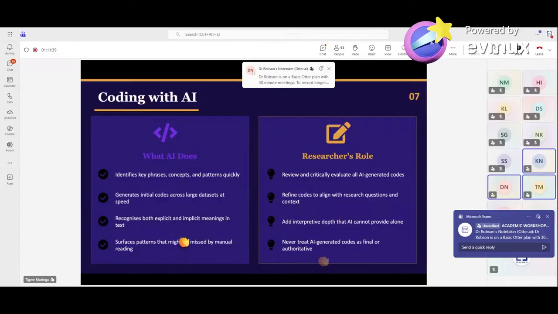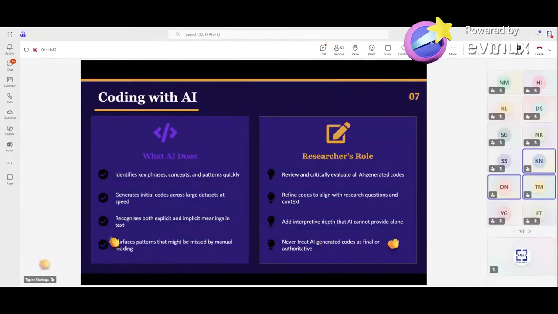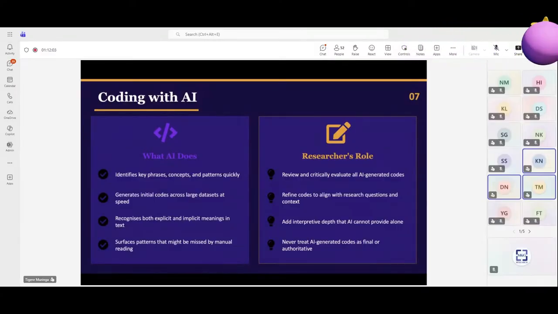You need to know that there is no time to do color coding, right? If you work for a large firm that is working on data collection and analysis, they will tell you that we have a large data set of 2,000, right? We don't have time to sit down and do color coding. So we need to reinterrogate this as researchers, or as supervisors, as academics, to say, what are we training our